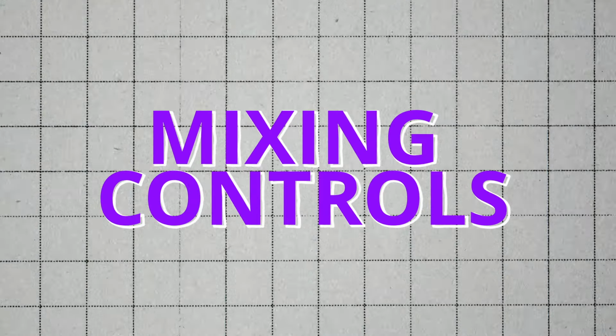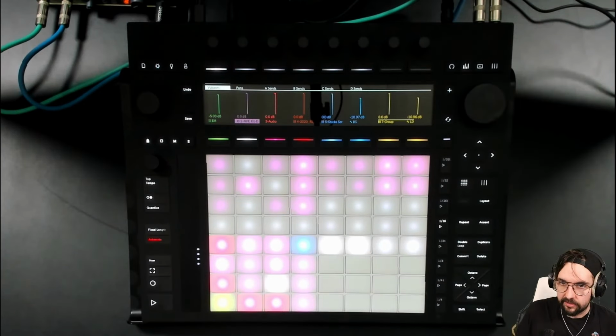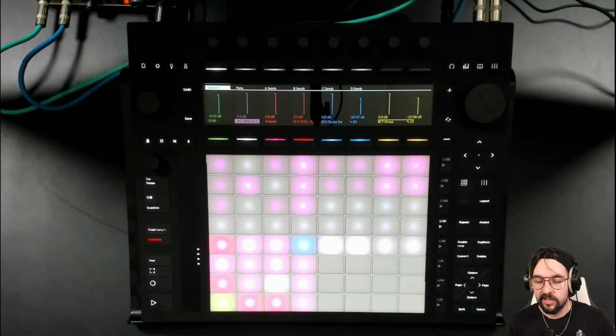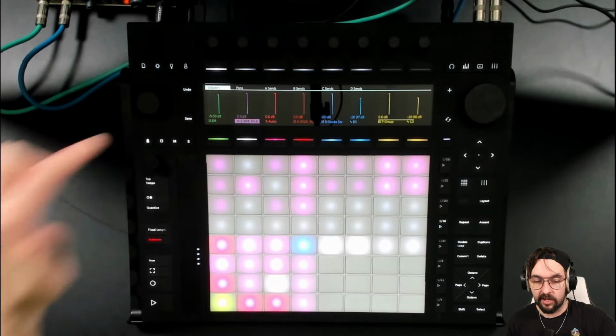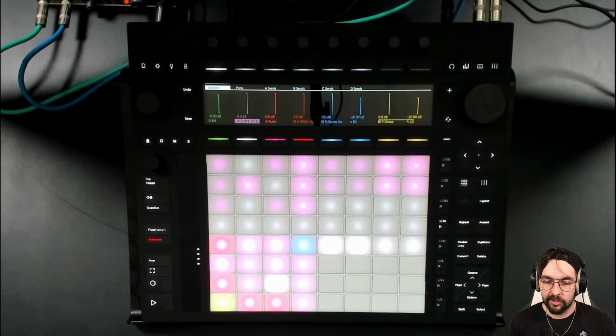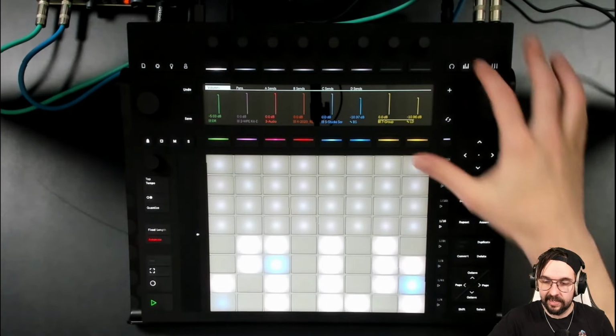Next, let's talk about track control and mixing. If we go to the mix view by hitting the mix button up here, you can stop, mute, or solo selected tracks using their respective buttons. We have these stop, mute, and stop clip buttons, as well as a lock button, where you can do all of those functions on specific tracks. You can control the track volume, pans, and sends. And then again,